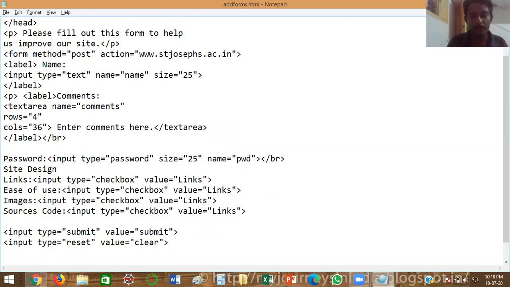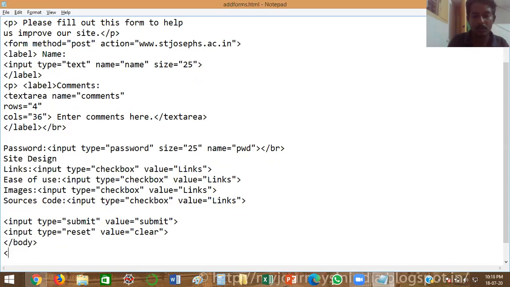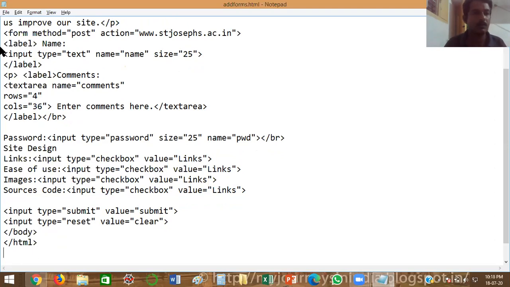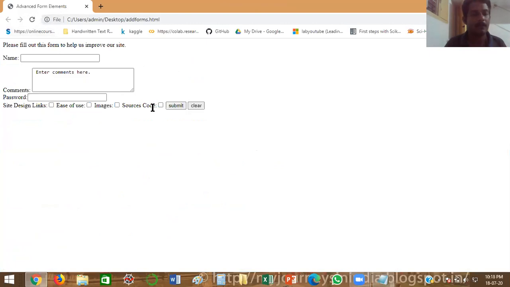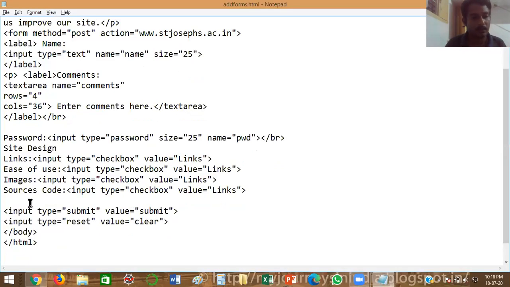Right. So here I can close the body tag and the HTML tag. Save the file. Two buttons will be created here. Okay, so we can use the break tag.